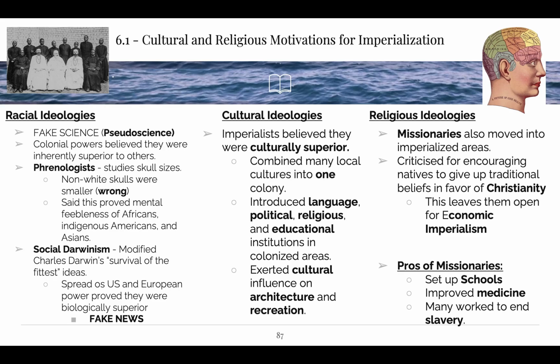Then you have cultural ideologies, and white people believe since they have accomplished so much, Greek, Romans, and all this European history, they have to improve upon the lives of these savages they come across. Eye roll insert. So, your white people think they have to go ahead and save all of these people from themselves and educate them. And then the third reason is religious. They're trying to save their souls.